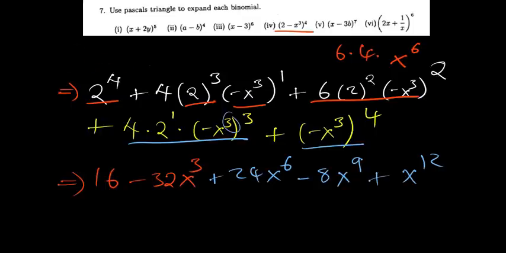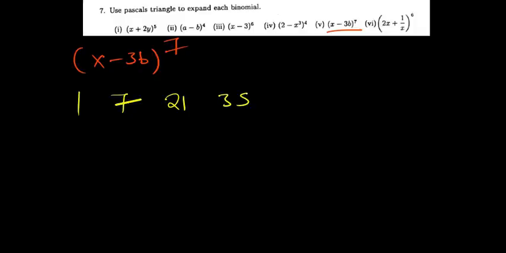Okay, we can now do the last one, since I've skipped this one, which you can do. Okay, let me just guide you. What are the coefficients? 1, 7, 21, 35, 35, 21, 7, 1. That's the 7th expansion in our Pascal's triangle. Okay, so pause the video and just try that one out before we proceed. And if you have,